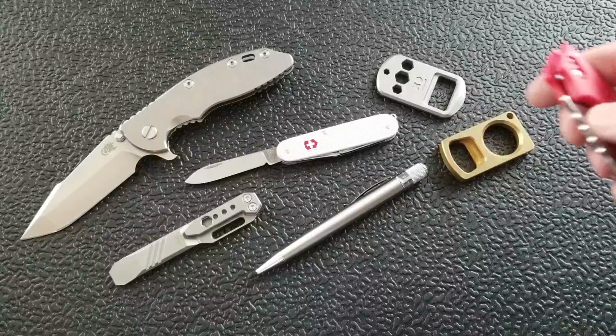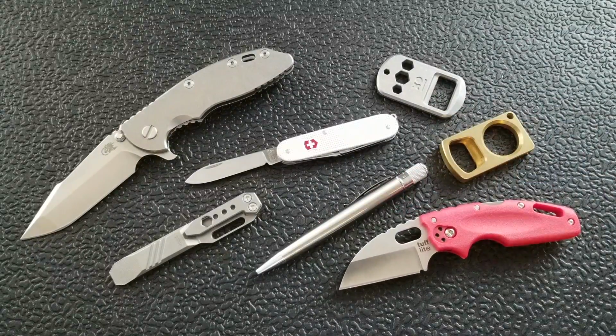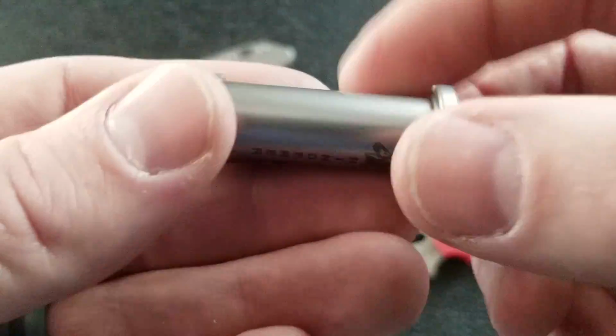We'll go ahead and put the Tough Light back out here just because I made the effort to bring it out for the video. The last thing that I carry on a day-to-day basis, something I've really come to love recently, is the Rick Hinderer Armorer's tool. Now, I'm not suggesting that everybody needs to go out and buy the Rick Hinderer Armorer's tool, but I like